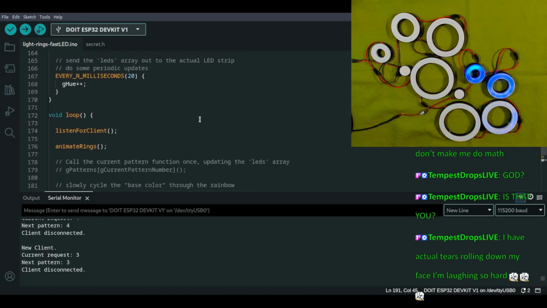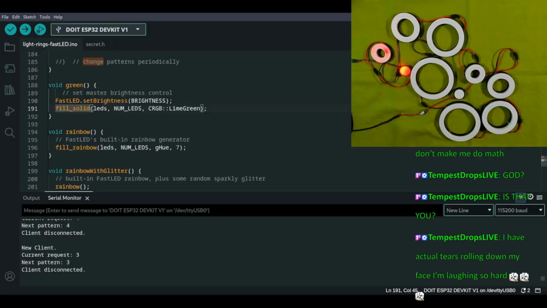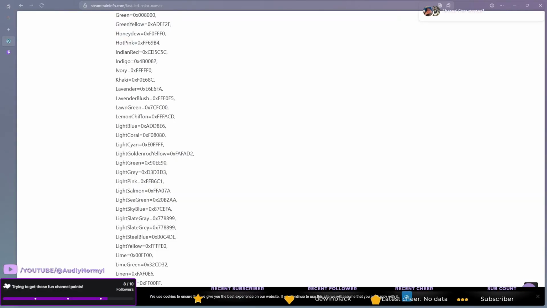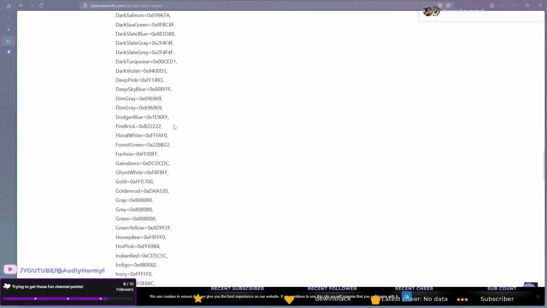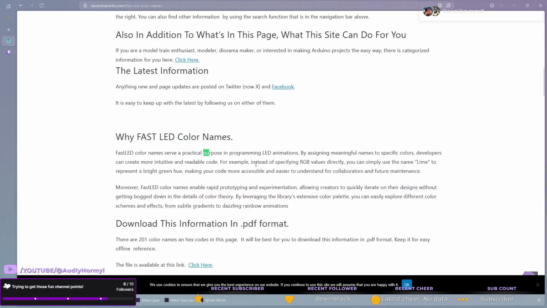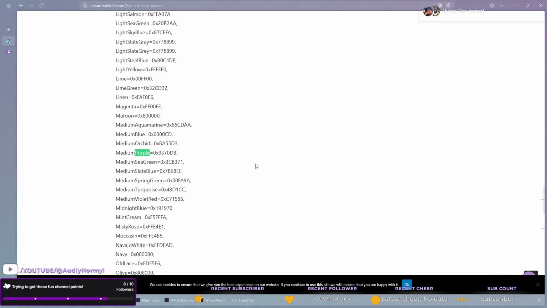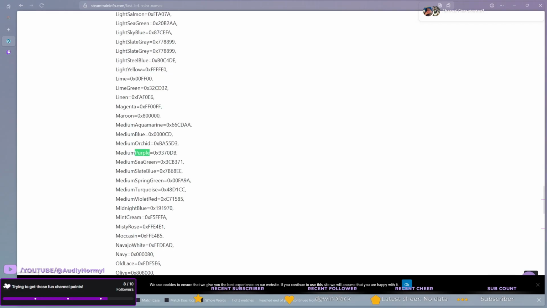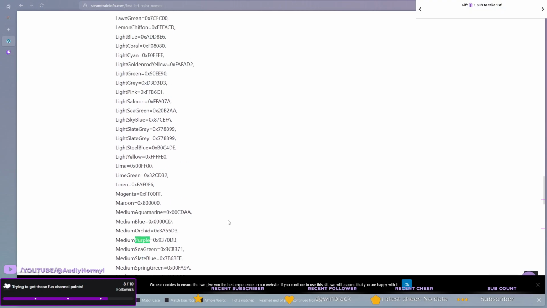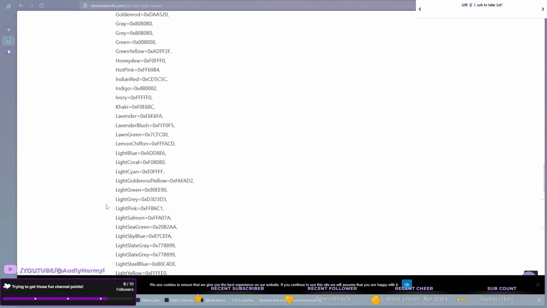All right, what are we gonna change it to instead of lime green? Here are your options. It can be anything. Anything is the problem. How about a dark purple? Or an indigo? Medium purple was the first one I came across. Calm down. There's purple and medium purple. We get moccasin, but we get two shades of purple. I don't even know what to tell you about this. All right, well, we're gonna try medium purple.